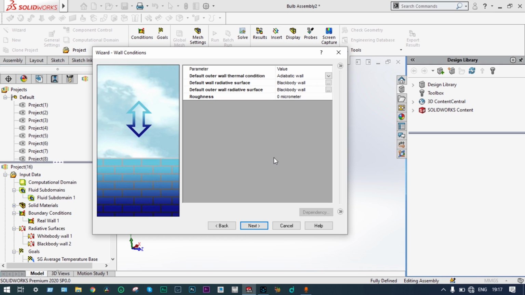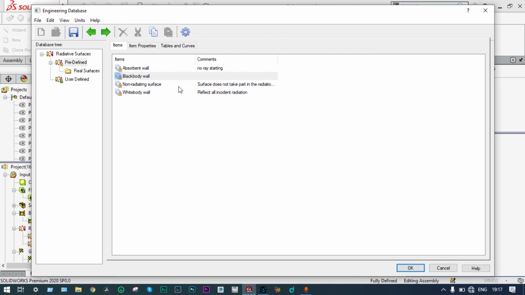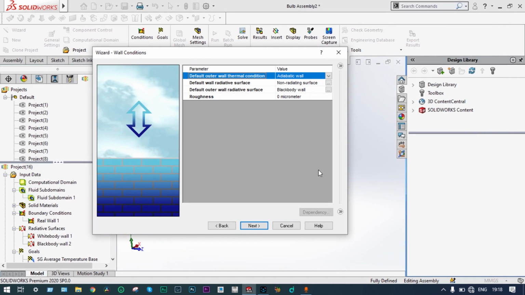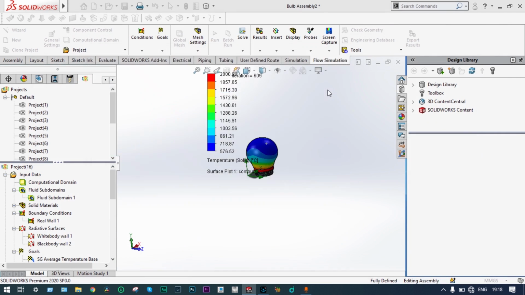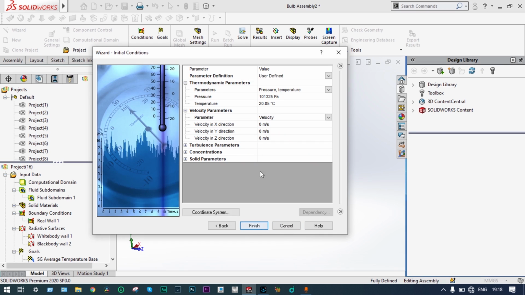Next, for defining the boundary conditions, default boundary conditions we will not consider right now. We'll check it. Let's make the boundary conditions non-radiating surfaces right now, because at the time of actual application of boundary conditions we will provide them as per our requirement. Now at this point we are considering non-radiating surfaces. Similarly, for default outer wall we are considering non-radiating surfaces. Next